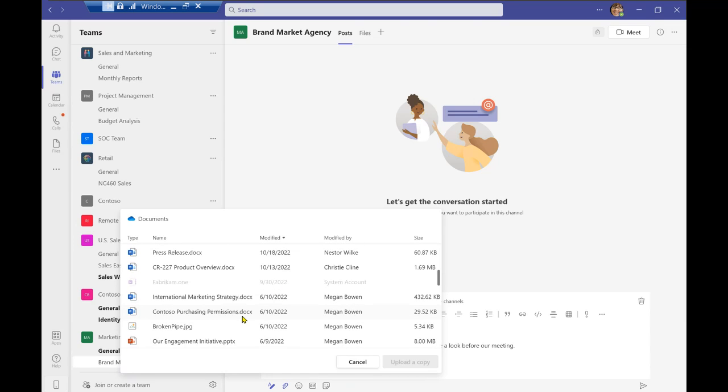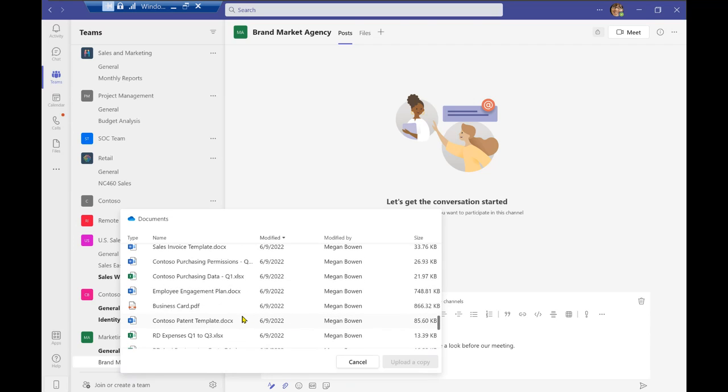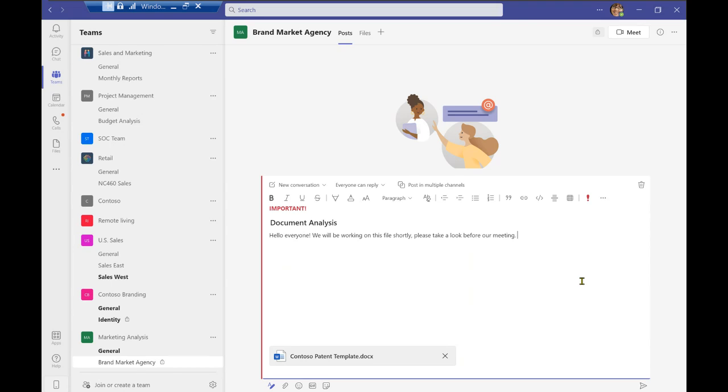Now scroll down and select a relevant document, upload that copy. So as it's taking a moment to upload, I did also want to draw your attention right over here to this exclamation mark. If I select this exclamation mark, this post will be marked as important. So now it will draw everyone's attention who is a part of that channel overall. And I do want to make sure that everybody is able to see it and interact with this post relatively quickly. And then I can go ahead and share it out.